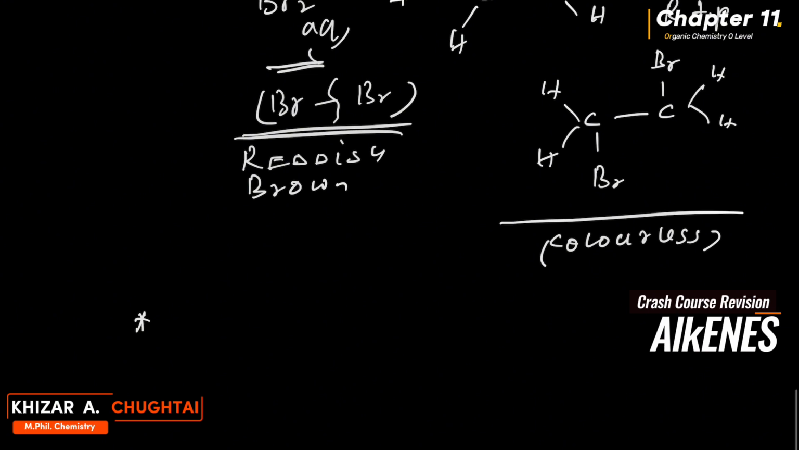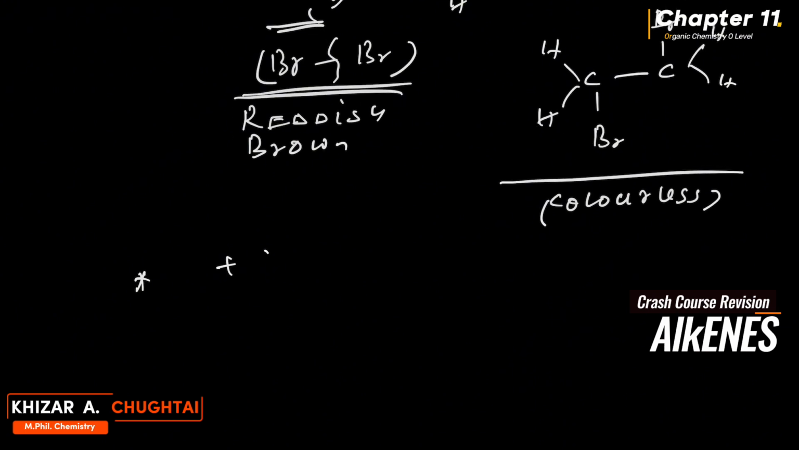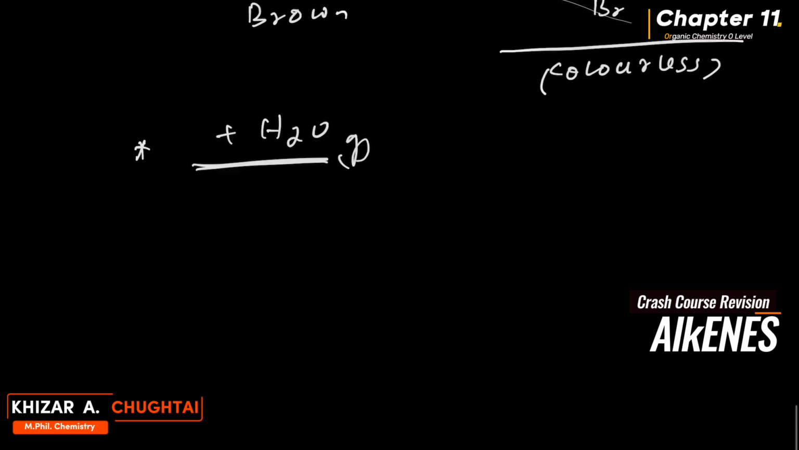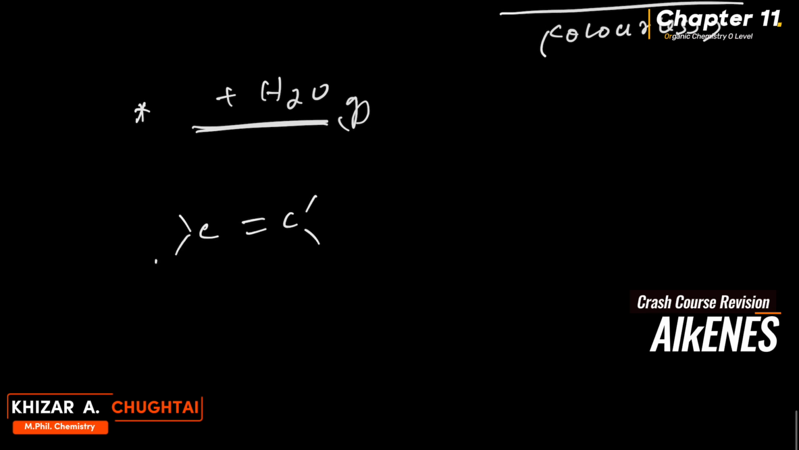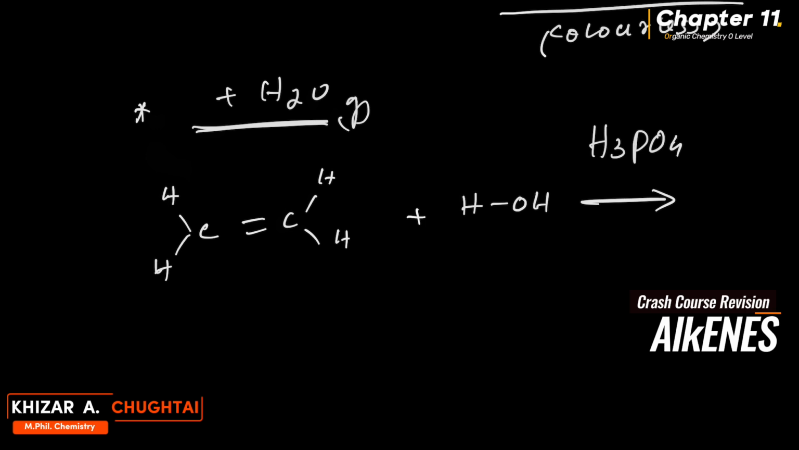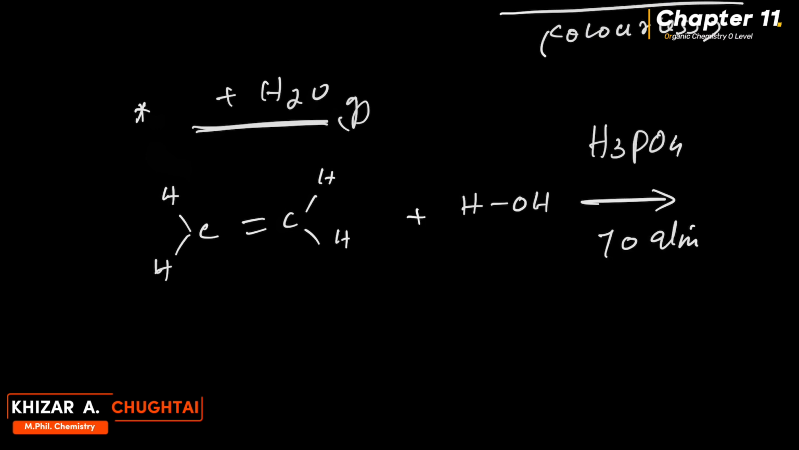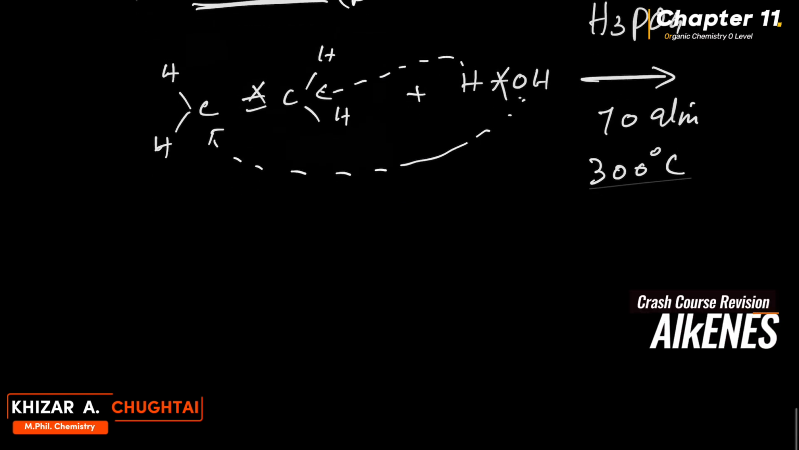There is the addition of water, H2O. We can add water in the form of steam at high temperature. Again, I'm going to start from a carbon-carbon double bond, and I'm going to add HOH, and the conditions are H3PO4, acting as a catalyst, 70 atm pressure, and 300 or more than 300 degrees Celsius temperature. So once again, there is a cleavage of one carbon-carbon bond. There is the cleavage of the HOH bond. One carbon is going to have H, the other carbon is going to have OH, and in this case, we are going to have